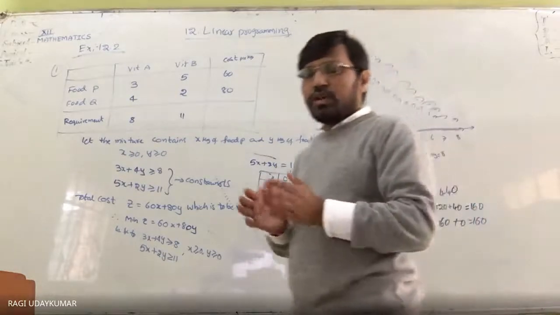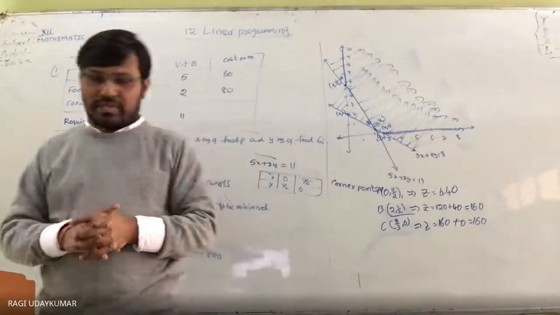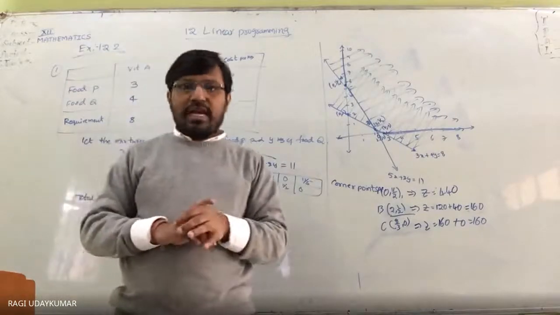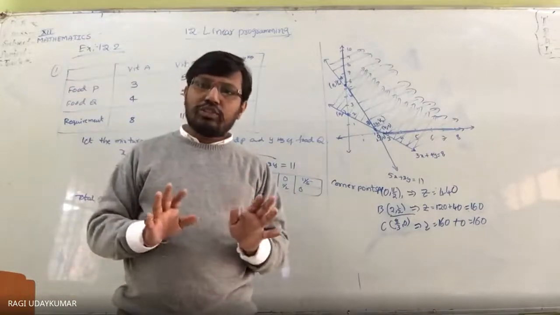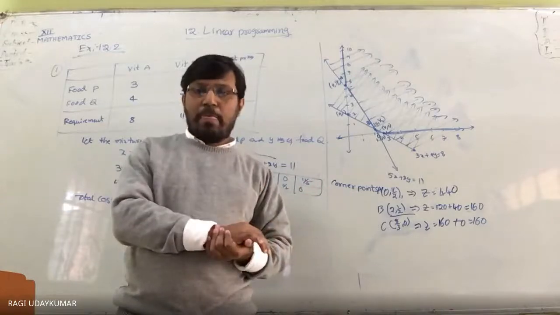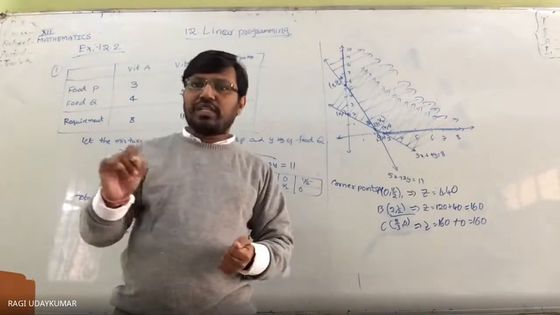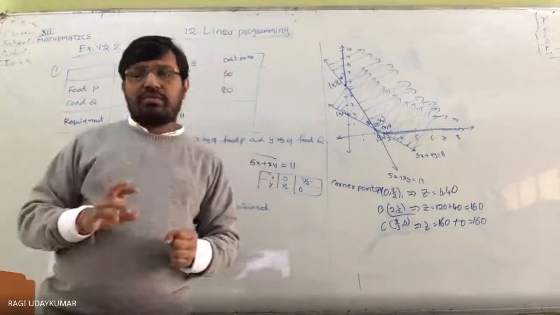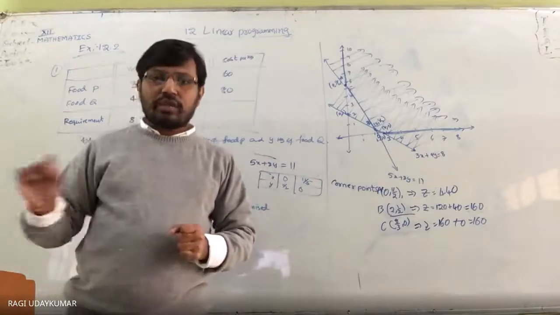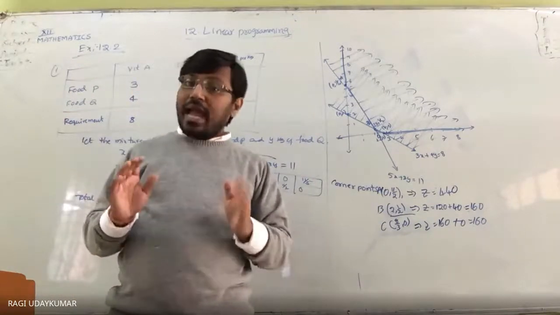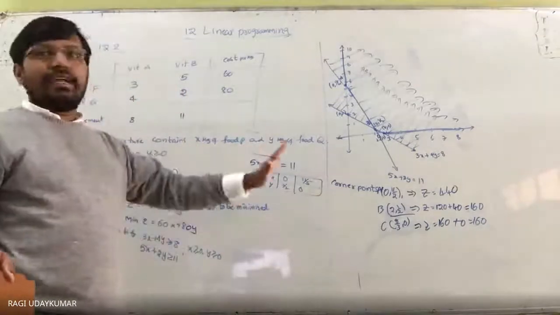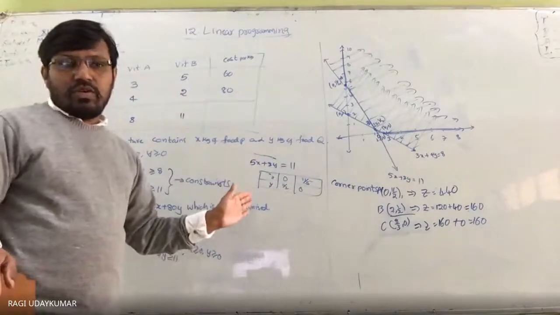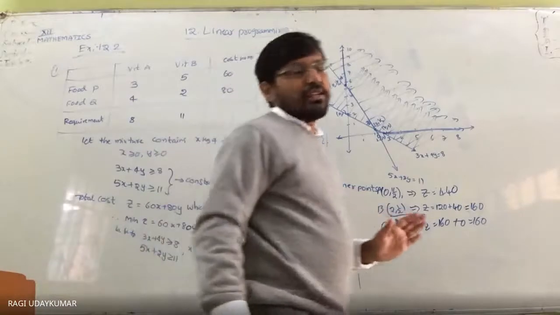Suppose your graph paper is on page number 24, and you have completed all the solutions till page 20 only. And at last you have the graph solution at page number 24. At last you have to write in your answer sheet, and the solution also has to be done there only. Okay, so be careful while doing that type of process.